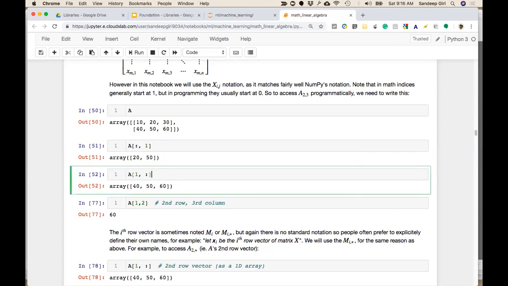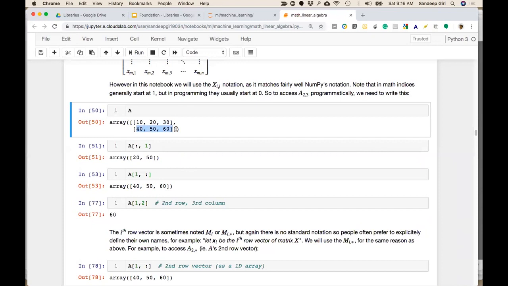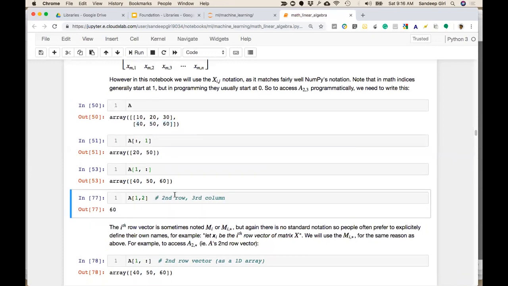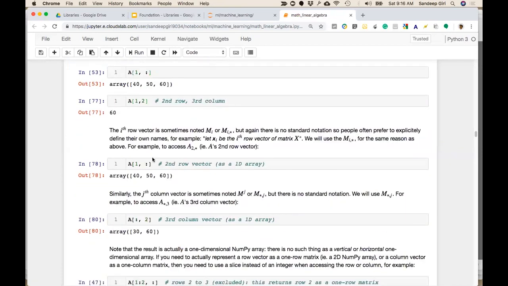right? If you want to say that give me the first row, and all columns, that means give me 40, 50, and 60, right? And if you want to access a particular element like 1 comma 2, that is 60, so we can access that. Moving ahead,